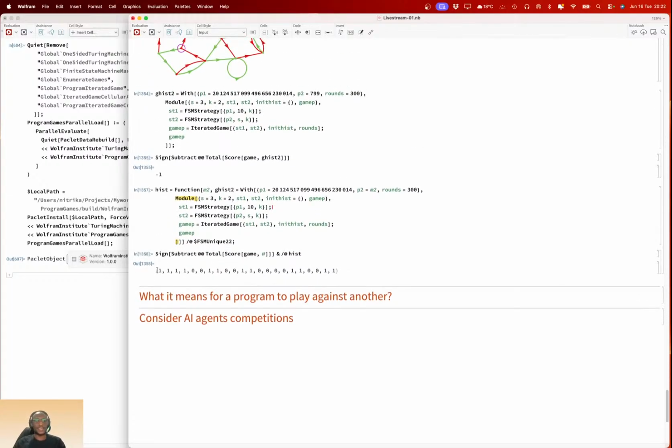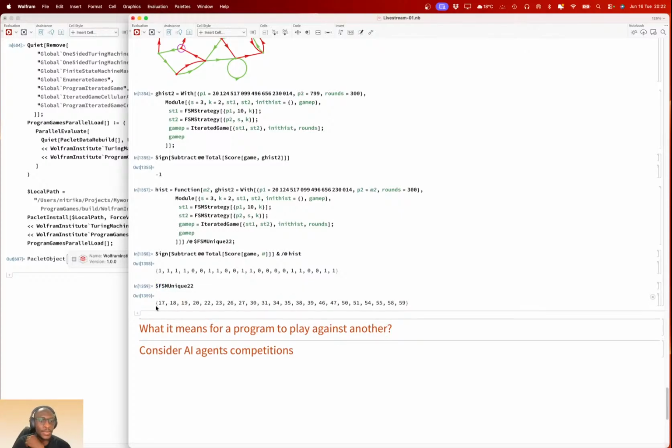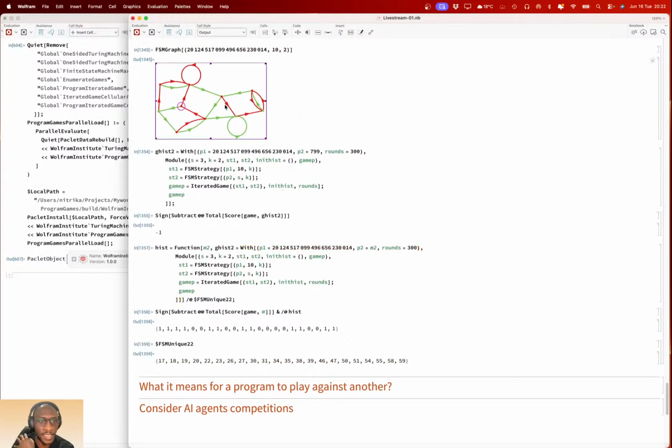And what this means is each of these machines, let's present the machines here, each of these machines loses against this machine.